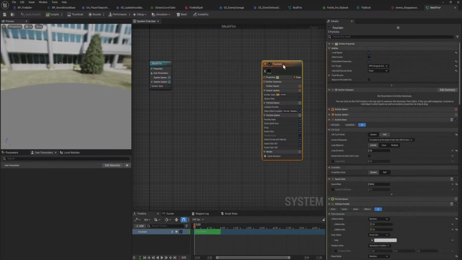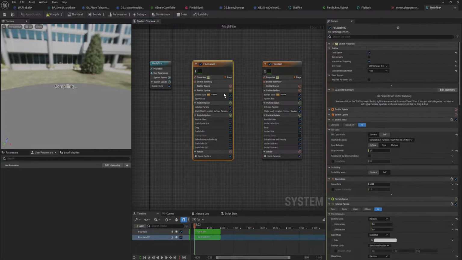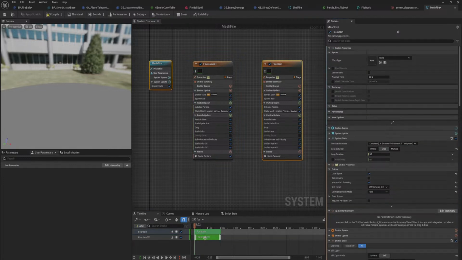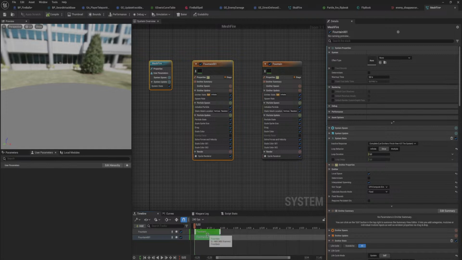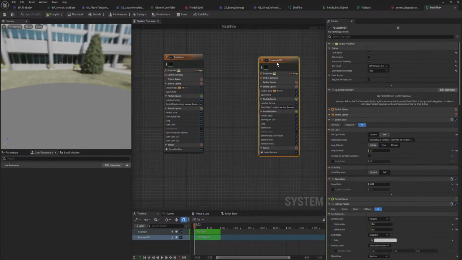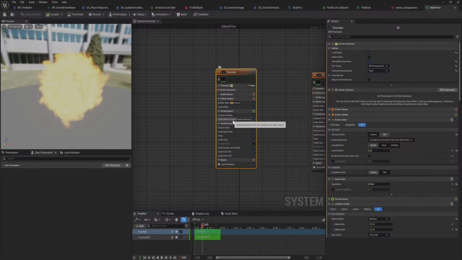And then I guess at the very start we'll add a different thing, and this one will only loop. No, not that one. One of them, it doesn't really matter which one. I guess this is now the spawning one. So this one will only loop once. The other one will loop infinitely. And this one, instead of spawning in the mesh